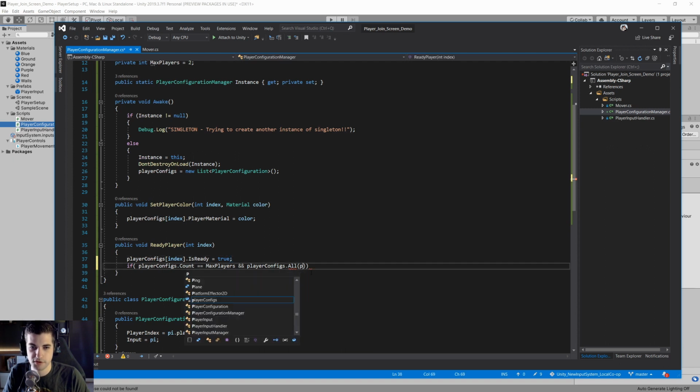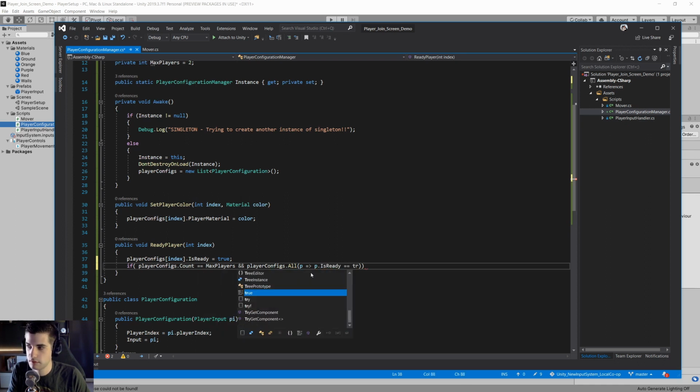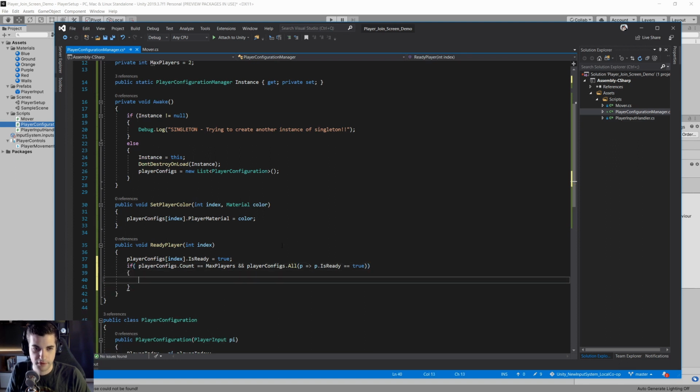So this is going to take an expression. So if all, we'll do p, this is called a lambda expression, p dot is ready equals true. So basically, if for all the player configs in this collection the isReady property is true, and we have the total count equal to max players, then we're going to